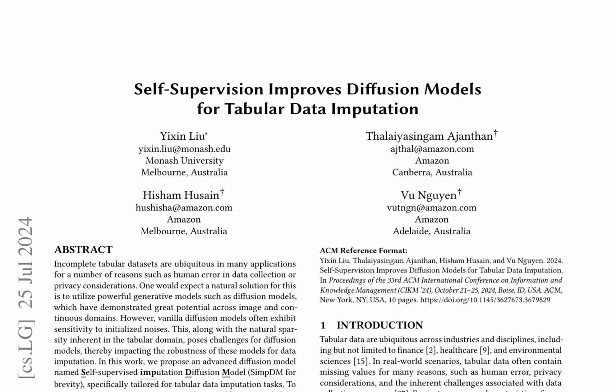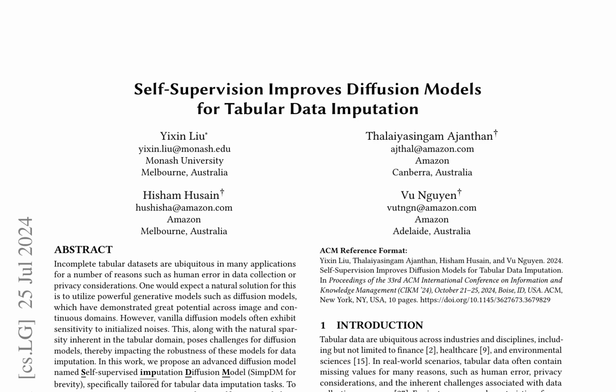Tabular data are ubiquitous across industries, but they often contain missing values due to human error, privacy considerations, or data collection challenges. Data imputation is a promising solution to estimate missing values based on observed data. Existing methods use statistical algorithms, shallow machine learning algorithms, and deep neural networks, with deep generative model-based imputation models exhibiting